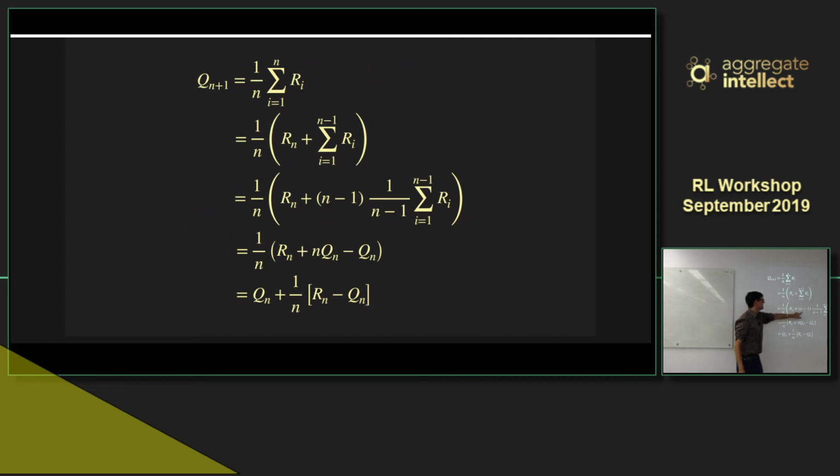You understand the third to fourth step? So you say this 1 over n is the sum from 1 to n, right? Yep. There's nothing other than R(n+1) left, right? Yep. And then I say, okay, n minus 1 times 1 divided by n minus 1 equals 1, right? But this is Qn, right? So this is a known equation. Yeah, this is a known equation. So you take this and make it n times Qn minus Qn. And then you solve it. Okay. So this acts as the previous state. Yeah. Okay. So,